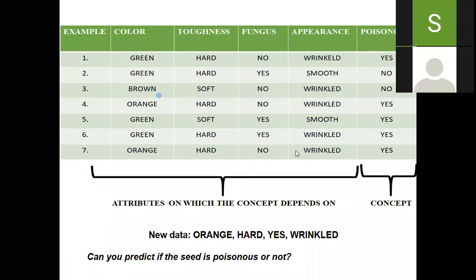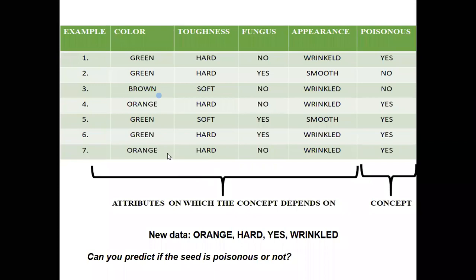So in this data set, you can see seven examples, seven instances are there, four attributes and two classes. So these examples are divided into two classes. In training phase, we'll provide these examples as training data and we'll prepare the model. Some algorithm we will apply on this data and it will create a model. Once you create the model, what will we do with that model? That model we can use for testing purpose, that is for prediction.